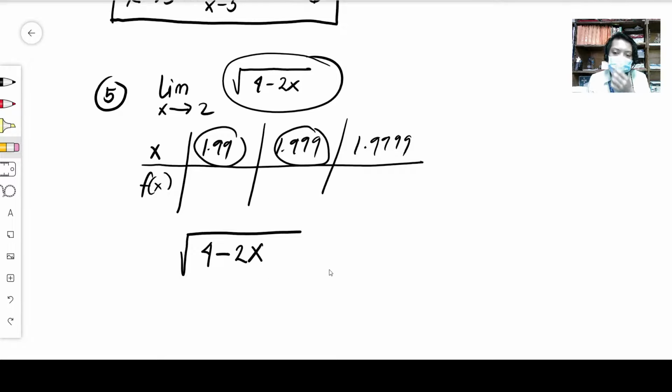So when the value of your x is less than 2, let us try to evaluate this one. 2 times 1.99 is 3.98. So when x is 1.99, the value of your function, let us try to solve. I will use my calculator. 4 minus 2x. When x is equal to 1.99, the value of your function is